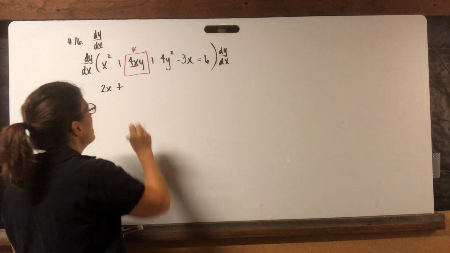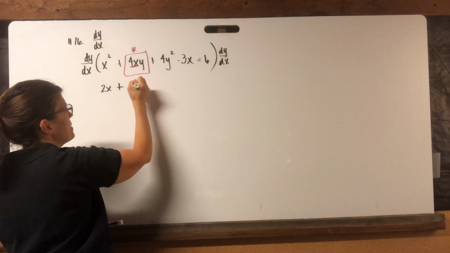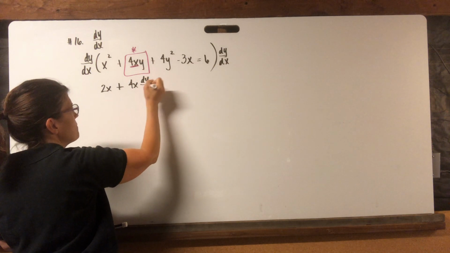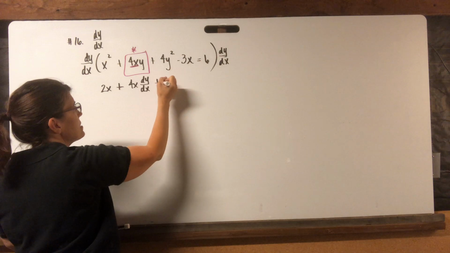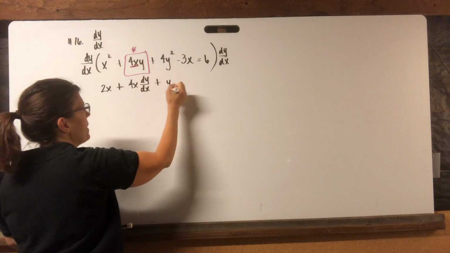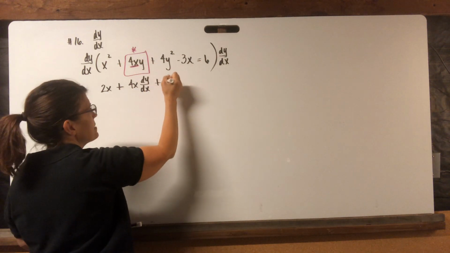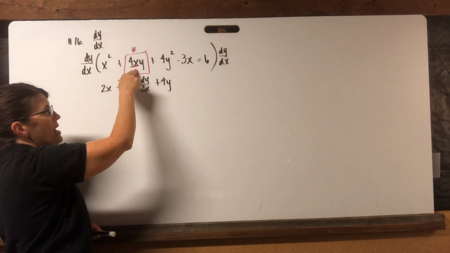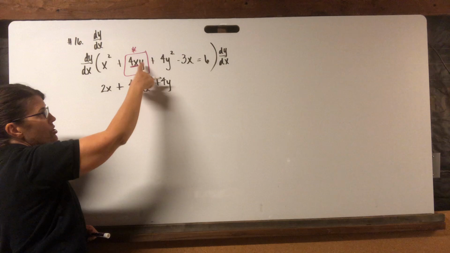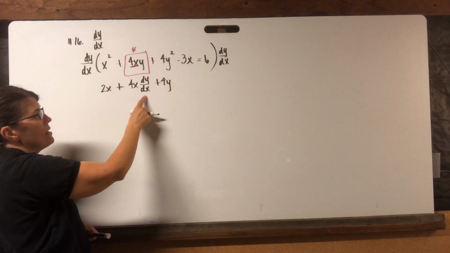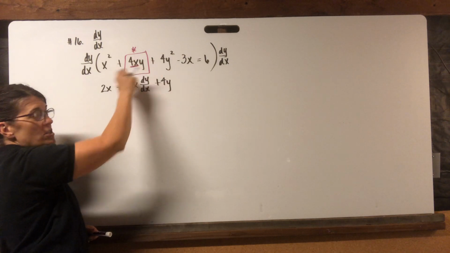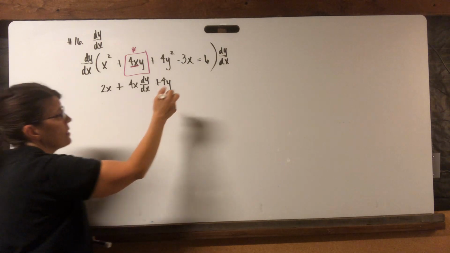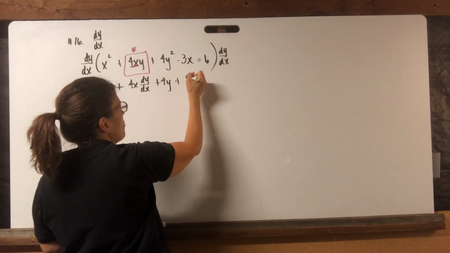Product rule: 4x times the derivative of y, which is dy/dx, plus y times the derivative of 4x, which is 4. So 4y plus 8y